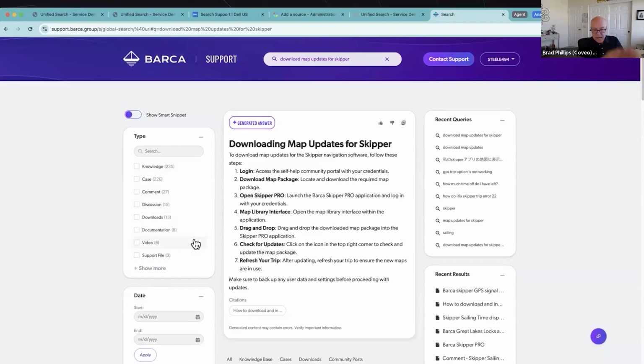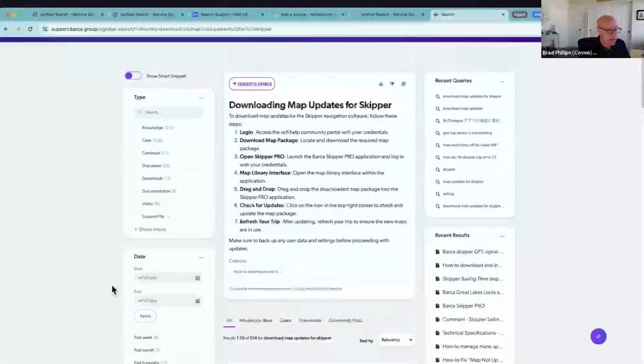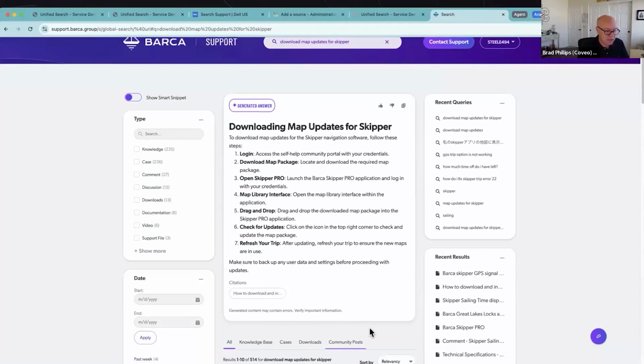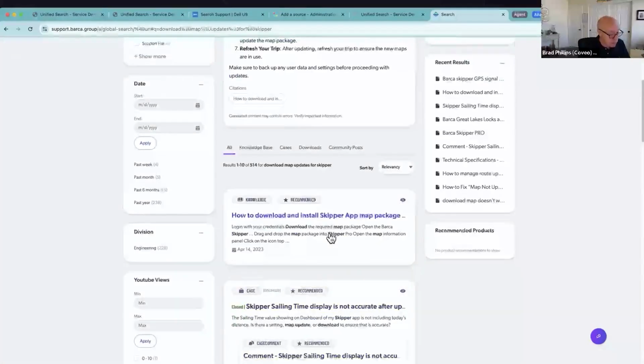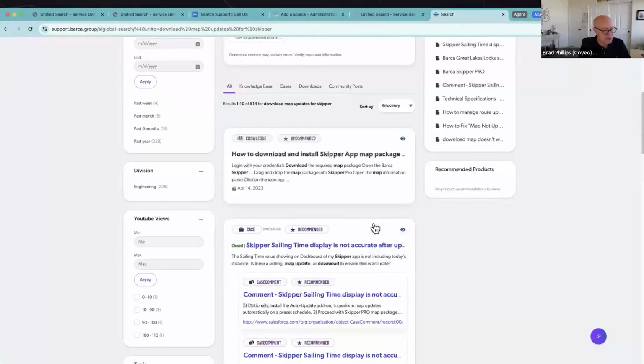So John no longer has to swivel chair to all of these different silos. He's seen a lot of good recent information where he can pick up where he left off. He's got other filtering metadata that can be used. If John wants to narrow his search, for example, if he just cares about downloads, he could do that directly here, or he could use the tabs to narrow his results. At the bottom of the page, you're seeing, as I said, our heritage, which is these unified search results.